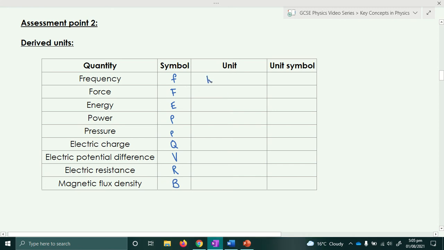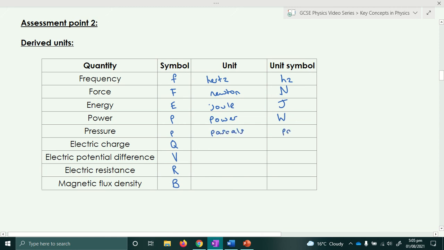So the unit for frequency is hertz. The unit for force is newtons, or capital N, usually we write. Energy we measure in joules. There are other units for energy, like calories, kilowatt hours, and stuff like that. But the SI one is joule. Power we can measure in watts. You also do come across things like horsepower and stuff like that, but we measure in watts. Pressure we measure in